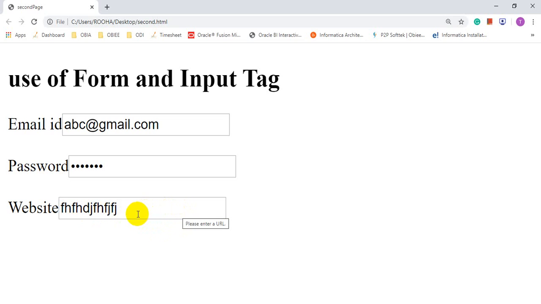Means if you write kmes.com, back again you will see please enter a url. Okay, if you write www.kmes.com, again when you go back to your text box, that is input type, again still it's showing please enter url. Why? Every url must start with the text